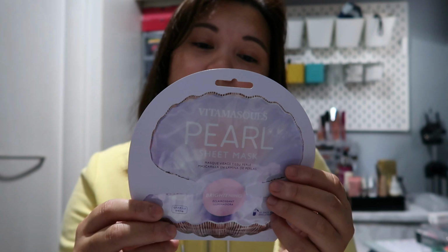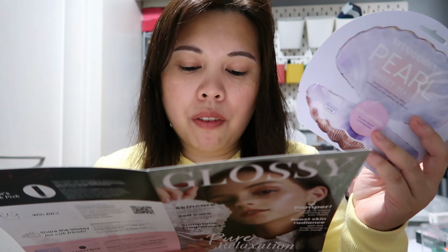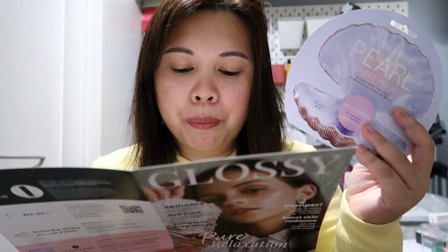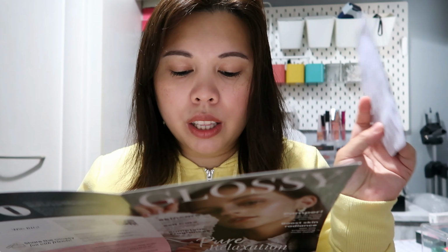And it says a moisturizing Korean face mask made with extract of pearl to brighten your skin. So yes, and this is a full size, as I said, and it's rated for £4.99, and it says boost dull and tired skin with this radiance-evoking sheet mask combining chamomile, centella, and pearl powder. This mask and its skin-loving serum intensely moisturizes whilst also providing antioxidant and anti-inflammatory protection that shields against redness